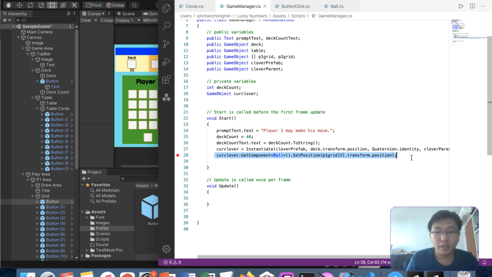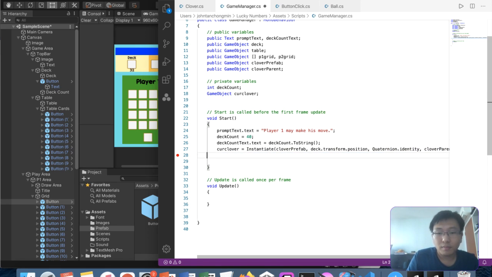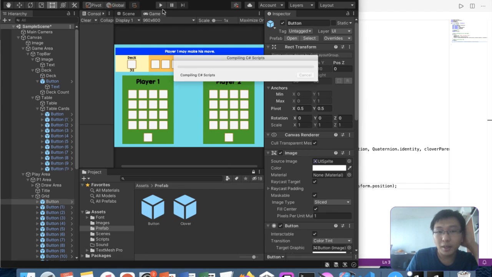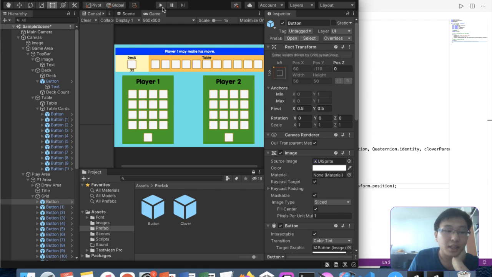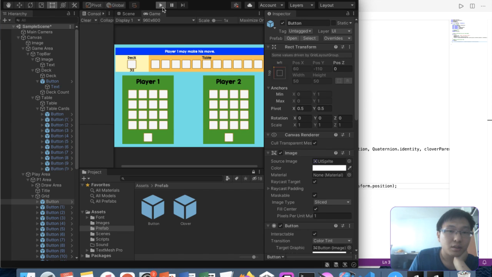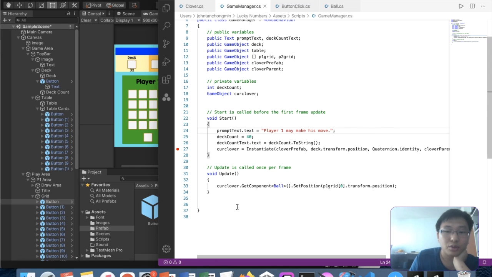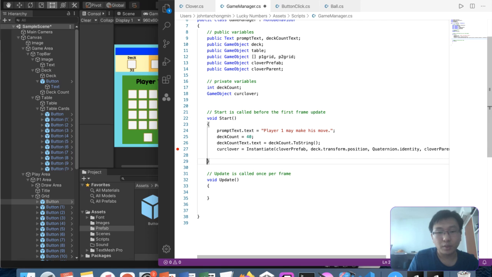So maybe if I call this in update, could it help? Maybe at the start we haven't really got our grid layout working yet, so we cannot do it at the start. Let's just try. Okay, but actually we will need to call this at the start because